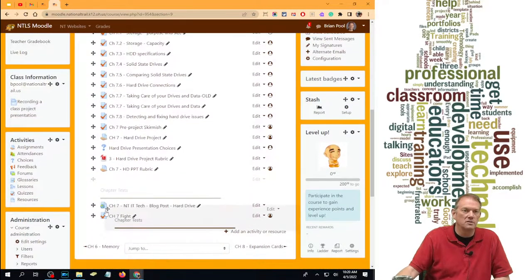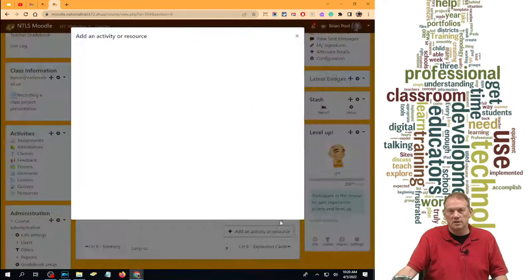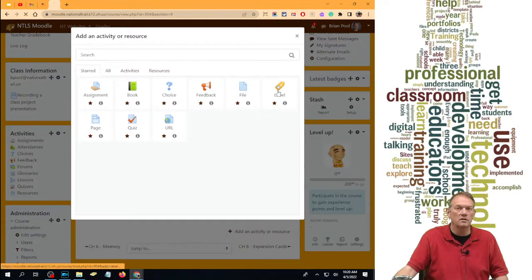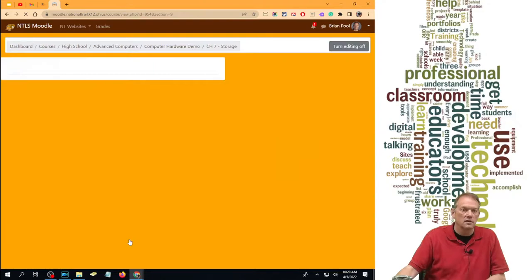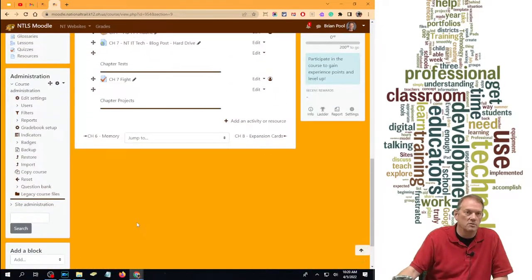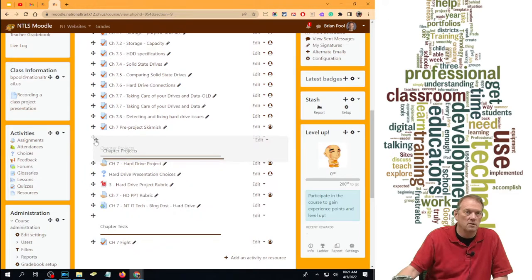Oops, I forgot my chapter project. I'll go ahead and do that down here at the end as well. Label, I always enter a space again. And that horizontal rule line. And since I was at the bottom, it just made more sense to do it at the bottom and drag it up. So there are